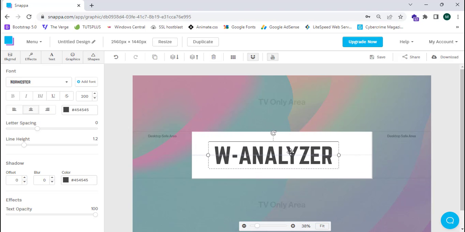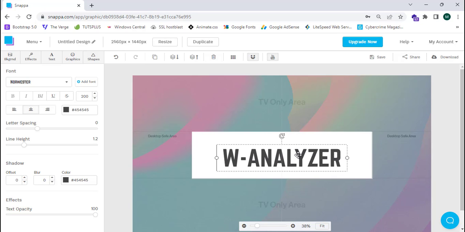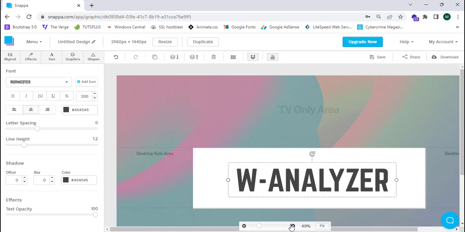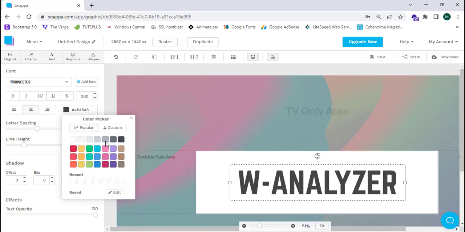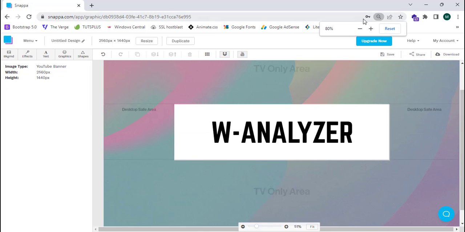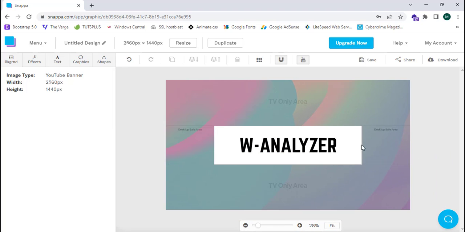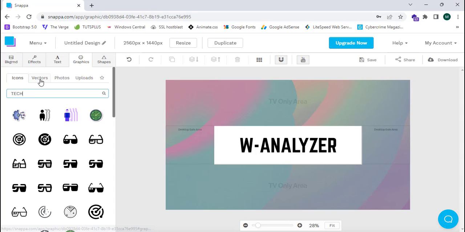Now I'm going to paste this in this, so I'm going to place this in the correct center. You can simply see the line, and you can zoom this to make it more visible. I can simply change this color to dark black. I can simply use custom and change this, and now I'm going to reduce the size of the grid, and now I'm going to place some graphics over here. Now I'm going to take some graphics related to tech icons, and